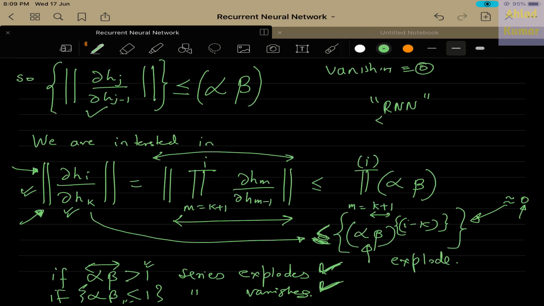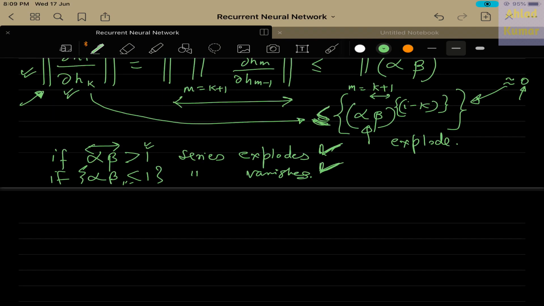As we have discussed, RNN suffers from the problem of vanishing gradients. So what can be done in order to avoid these vanishing gradients? There are three different ways in which you can avoid them. Let's discuss each of them one by one. In the first approach, if you see this equation, it is saying alpha beta to the power of i minus k. This is the product. So when will it be maximum? It will be maximum when the value of i is capital T and the value of k is 1.